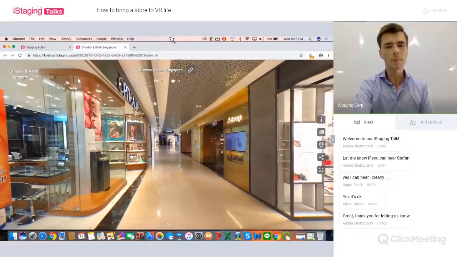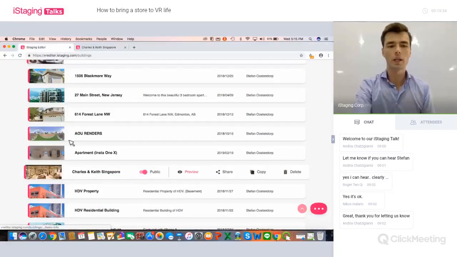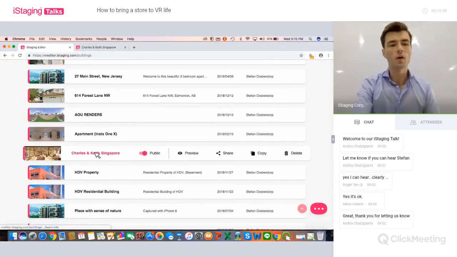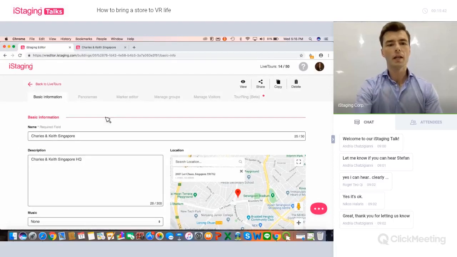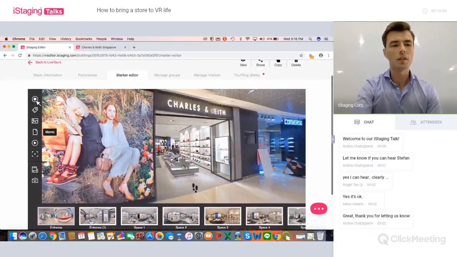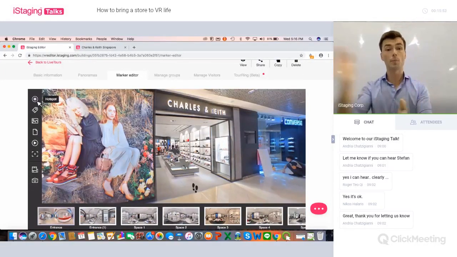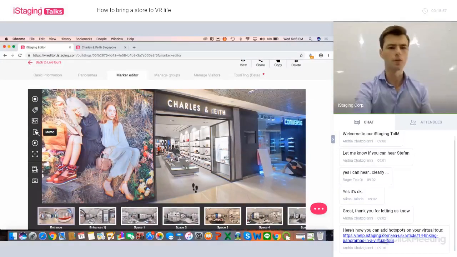Okay. Now I want to go quickly into our VR editor and show you where you can add all of this information. So here, the Charles & Keith store in Singapore. I just want to go to marker editor here at the top, and here on the left side you have all of that information. So you have a hotspot that you can add, which allows you to move from point A to point B, and you have all the informational and visual tags: the tag, the image, the memo,